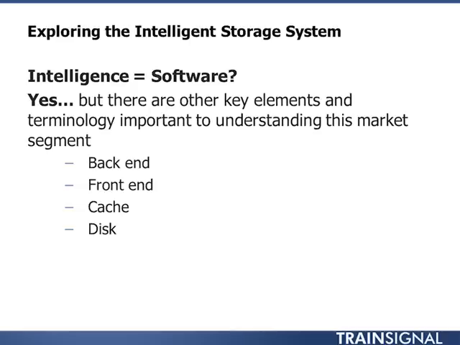Your front end is really what your hosts are connecting to over your network, either over your IP network, your Ethernet network, or a fiber channel network. And those front end ports can consist of fiber channel ports. 8 gig is common nowadays. Could be copper, Ethernet ports. You've got a couple different options, even 10 gig, and they're all coming in across those front end ports because